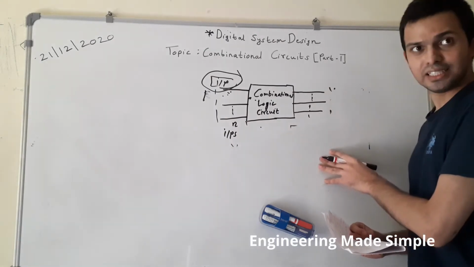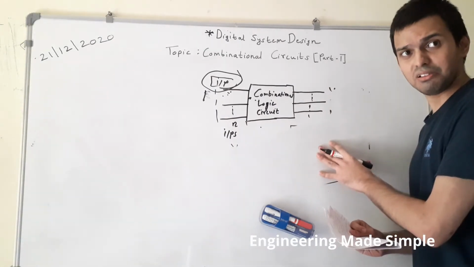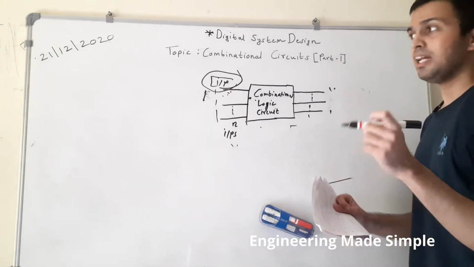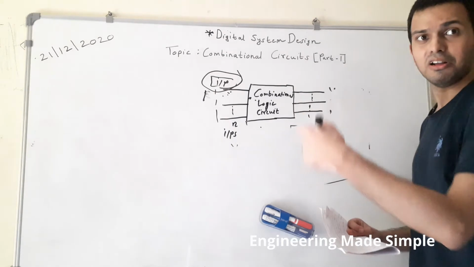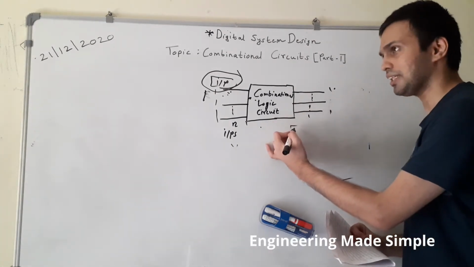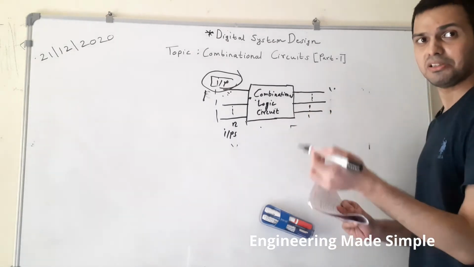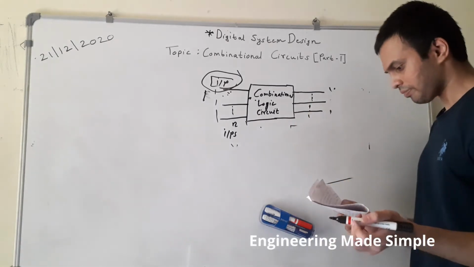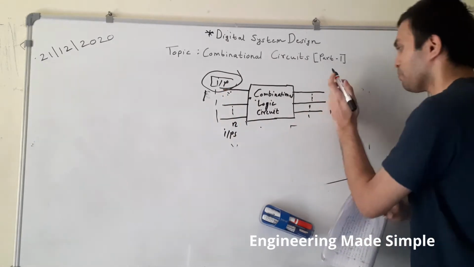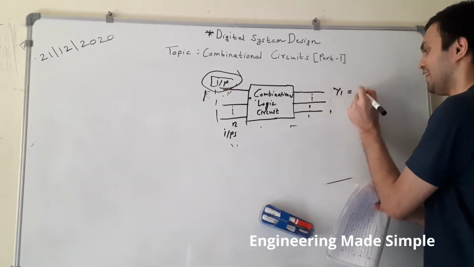The logic gate is the basic building block of the combinational circuit. As I told you, interconnection or combination of different logic circuits together forms a complicated combinational logic circuit, complicated meaning a more complex or advanced function. And for each output there is a corresponding system equation. Let's say it can be anything.